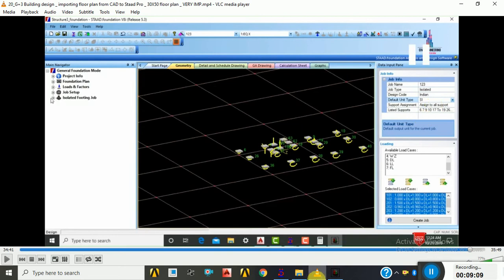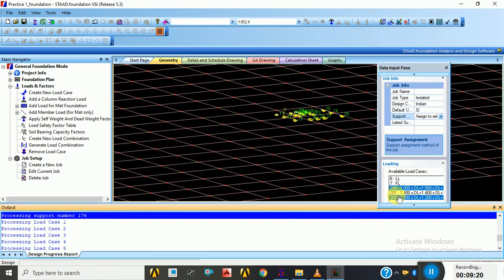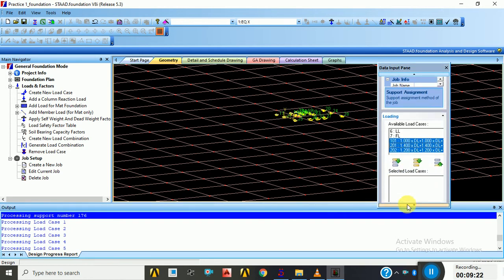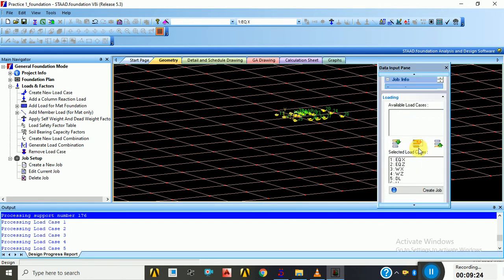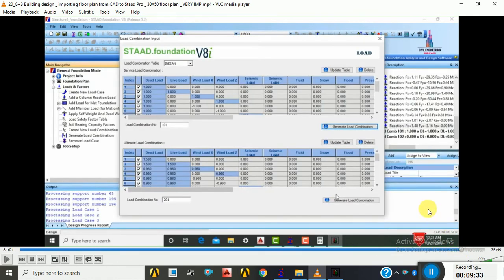So select this. After that, click on generate.